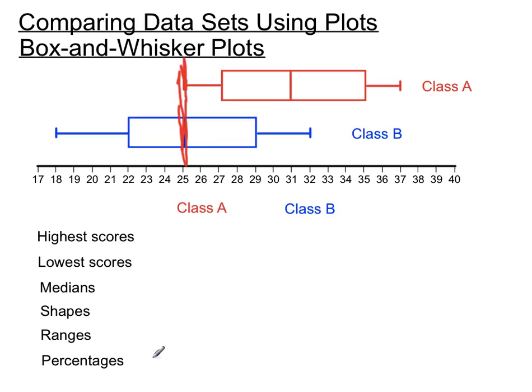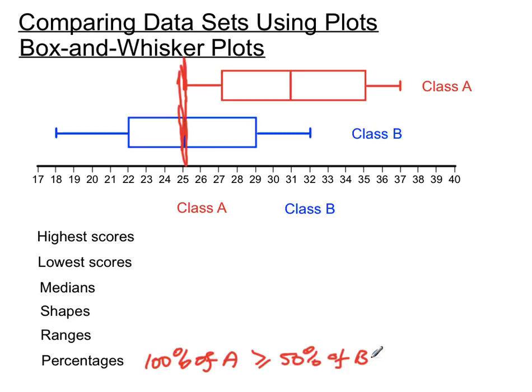So you could say something along the lines of, 100% of Class A scores are greater than or equal to the top 50% of Class B scores, or something